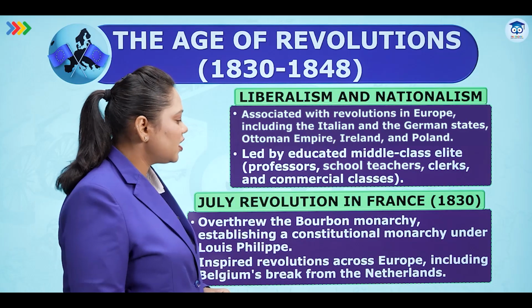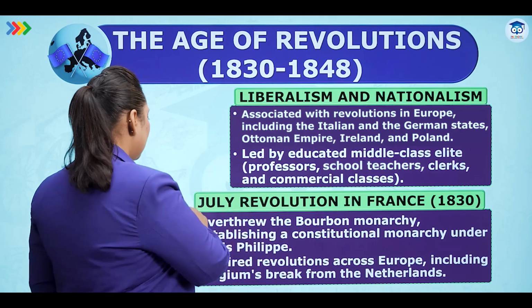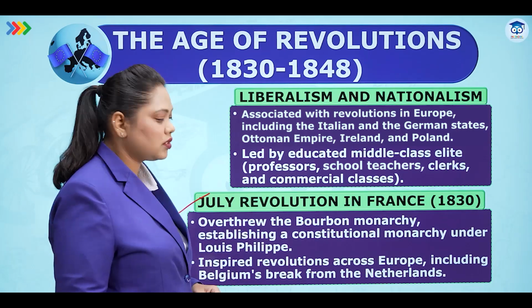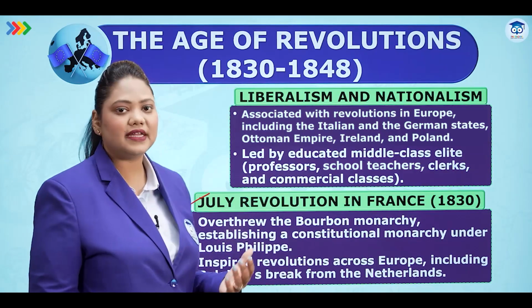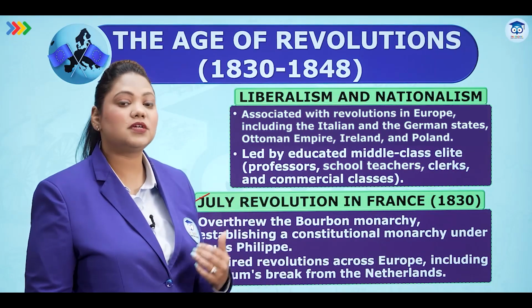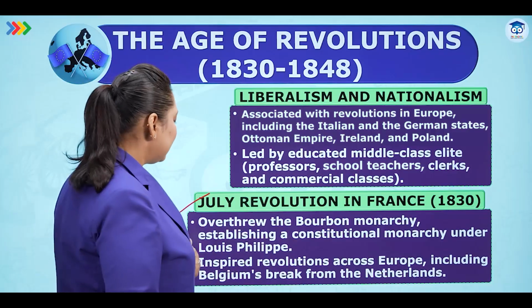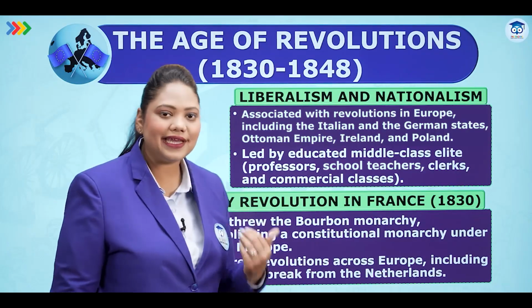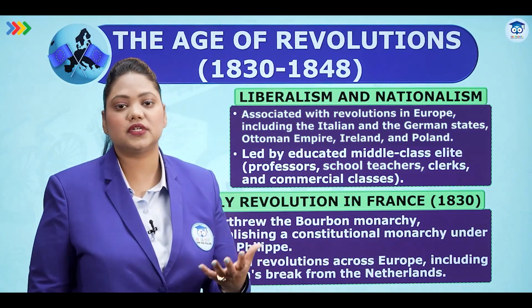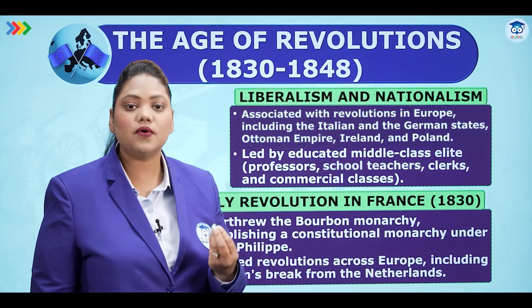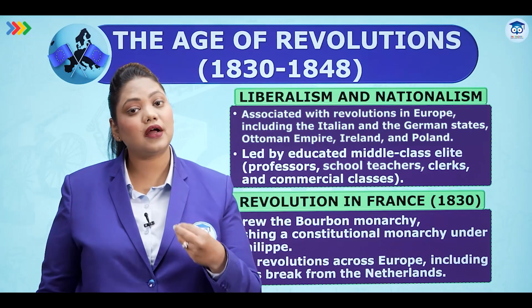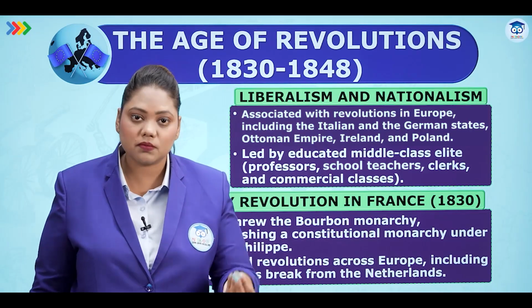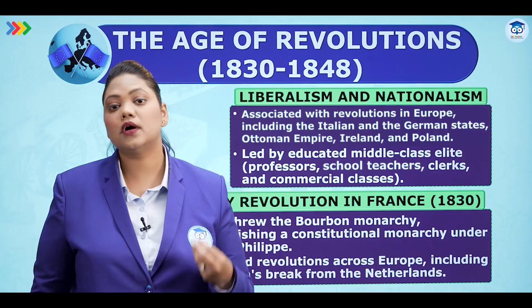July Revolution in France in 1830. Now, what happens in this revolution is that the Bourbon dynasty, which, like we told you, was the dynasty before Napoleon, was overthrown. Who are we talking about that overthrew them? We are talking about the revolutionaries, who are now liberals, the middle class, philosophers and thinkers, who want to get democracy and advocate democracy. They overthrew the Bourbon dynasty.